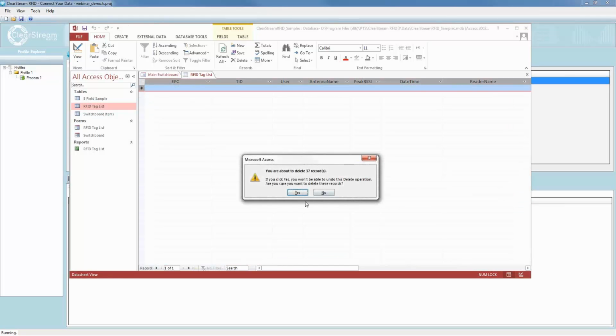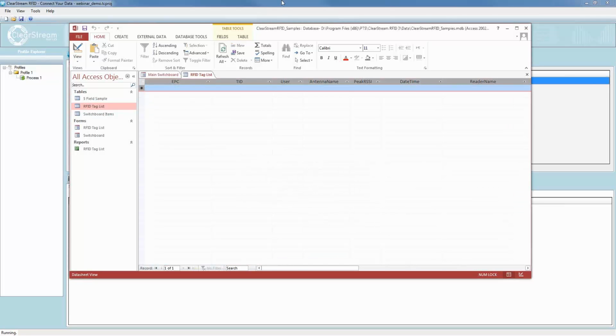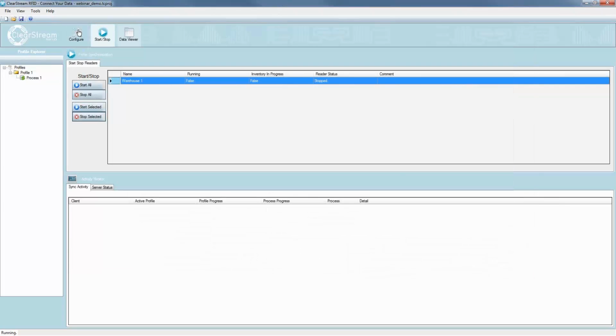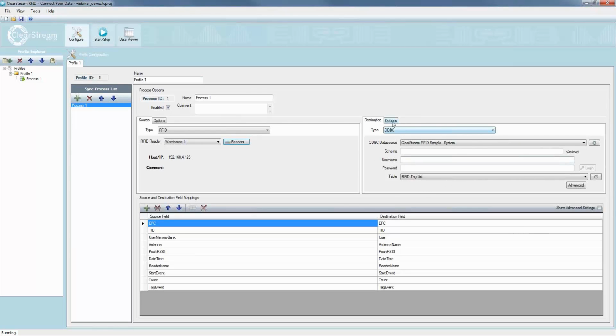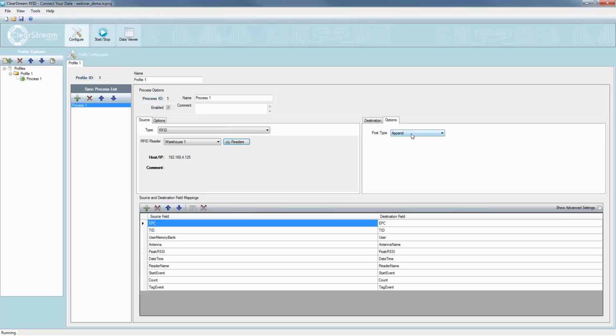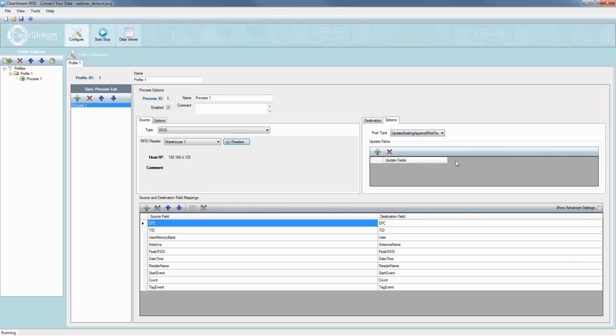So let's just say we wanted to update the tags in the database with the new information as it's being scanned. So what I can do there is on the destination side, rather than in this options just do a straight append to the destination, I can go ahead and do an update existing append if not found. And then what I'm going to do is update based on the EPC value of that tag. And basically what this tells it to do is every time you scan a tag on the source side, go ahead and send it to the destination, but don't just append it to the destination as a new tag. Go ahead and if it's in that destination, look for it first, and then update it with the new information